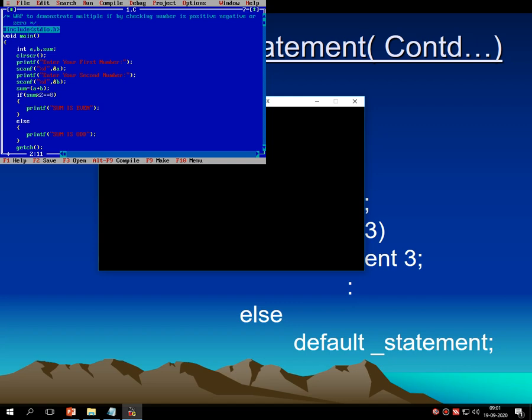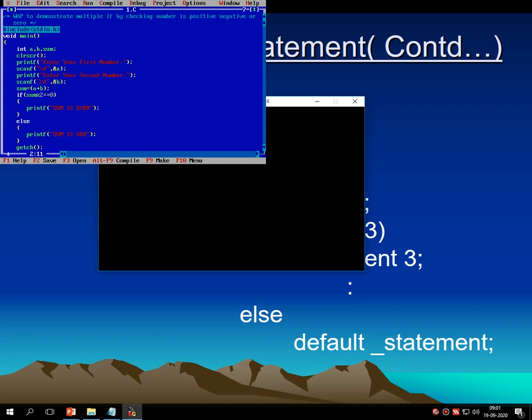Perfect. So just read the definition once again. Here I have to enter one number and then there are 3 checkings. If that number is positive, fine, it prints positive and the program gets terminated. If the number is not positive, then it checks for negative. If the number is negative, the second condition is true, then it prints negative and the program gets terminated.